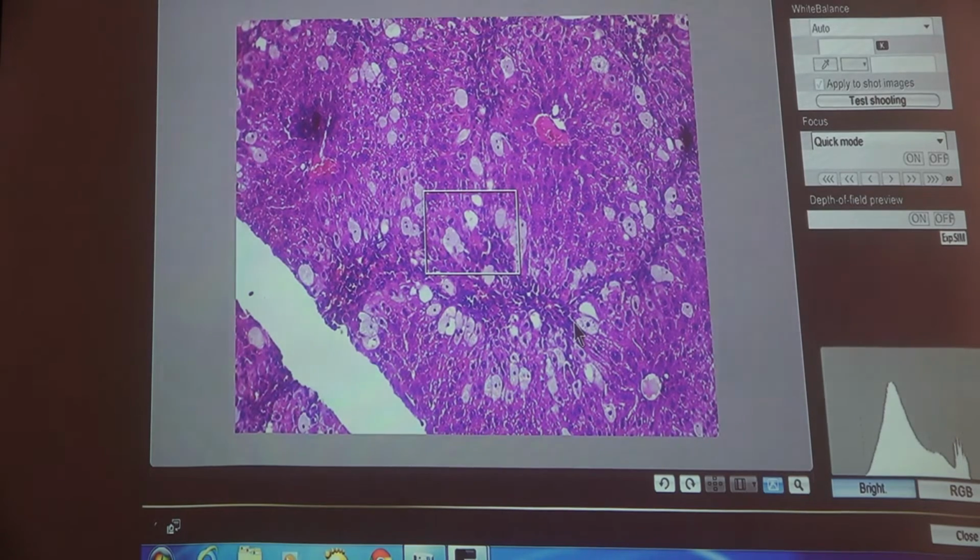These cells are ballooned, edematous, hydropic degeneration. It's called ballooning of cells. And few scattered